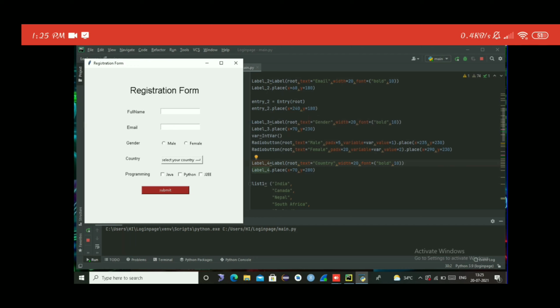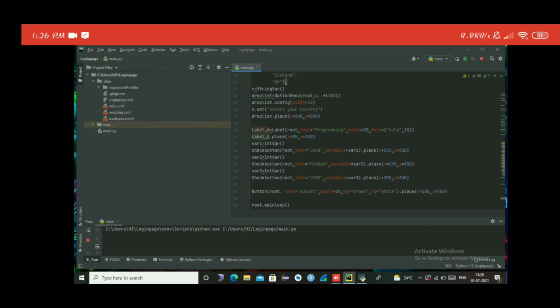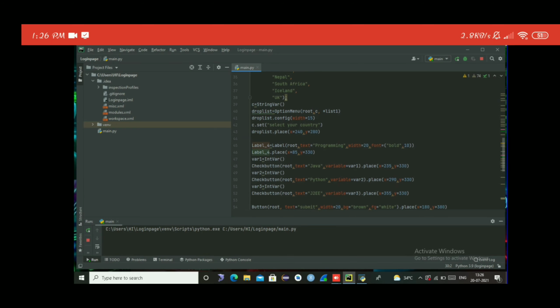Okay, we have to import one more label. In that, country. I don't want a text box here, this is a list box. In that list box I will create the drop down list box. Whichever countries you want to give, you can edit the countries also.